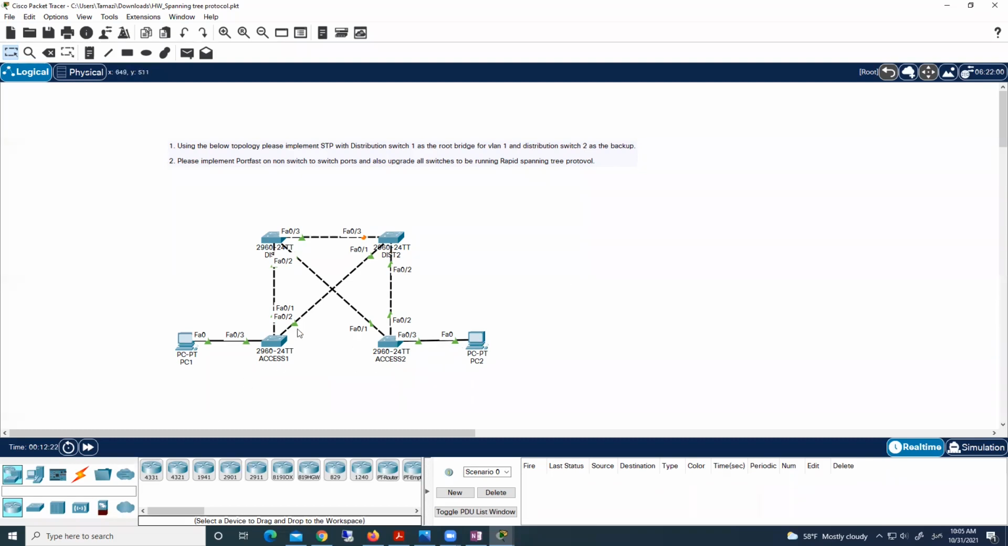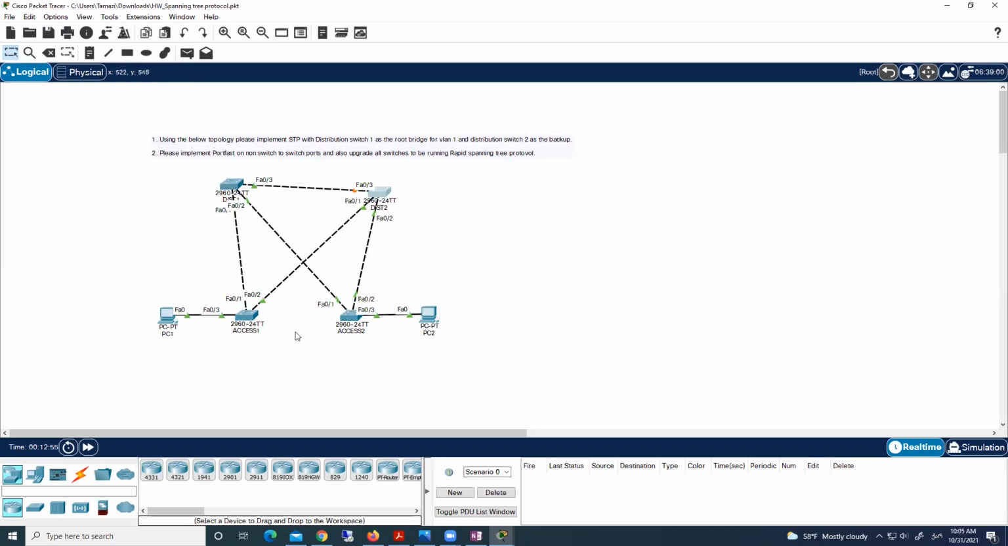Look here, everywhere we have green lights, but at this switch right here, we have orange, that is in blocking state. So nonsense, right? These switches are distribution. See this distribution, and those are access. Why on a distribution layer switch do we have a blocked port? So we can change the configuration. Here,